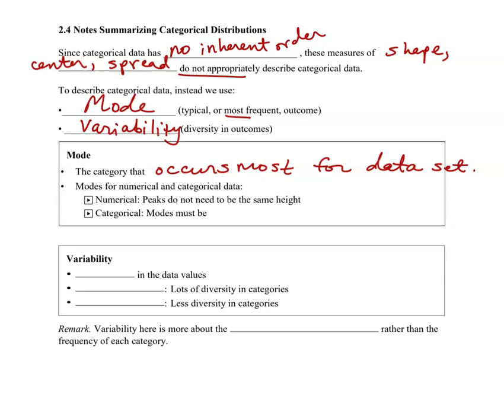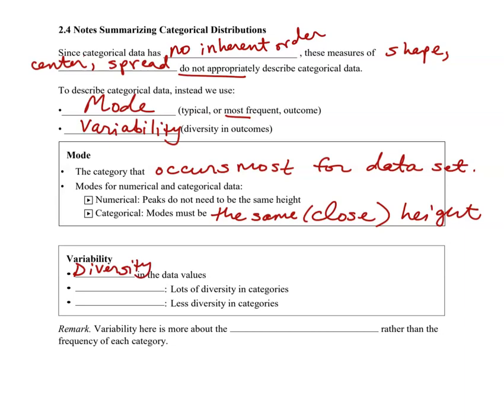Modes for numerical and categorical data. With numerical data, we said previously that the peaks in the graph do not need to be the same height, but with categorical data, the modes must be the same height or at least close. We can have data that is bimodal when it's categorical, so that means we have two bars that are roughly the same height. But they've got to be very close together, whereas with numerical data, they didn't necessarily have to be the same height. And then finally, variability, you can think of as diversity